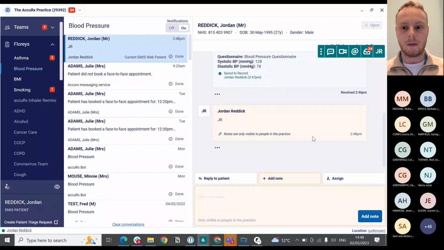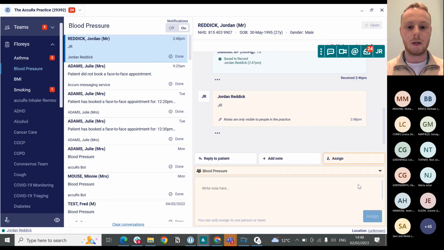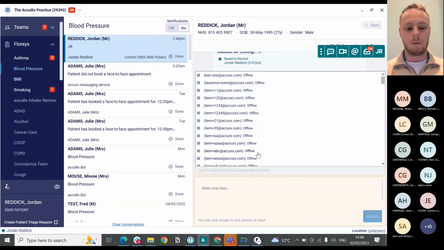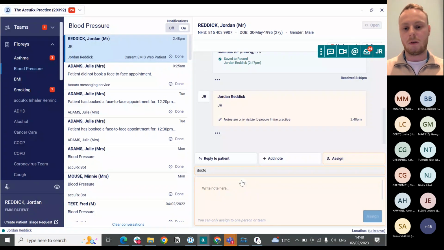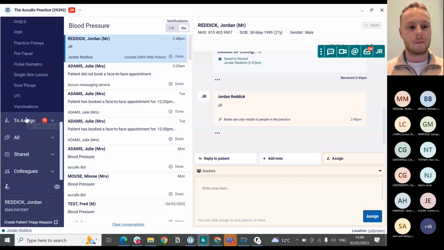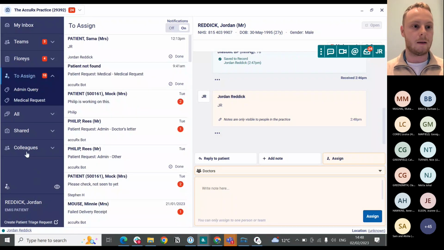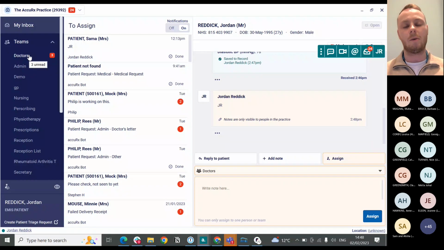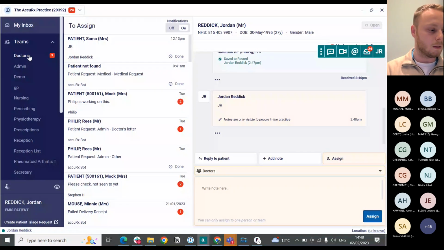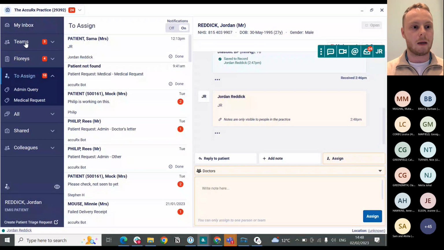That is not anything that's saved to the record. It's just like an internal communication system within the practice, just to keep things nice and organized. And you can also assign this. So if I was working on the reception team and wanted to send this to the team of doctors, I could do so. That would then go into the associated folder, and under team, sorry, and then that would be received in this part, and then it can be worked on, moved around, etc. If we are happy with that, we'll go back into Florey's just now,